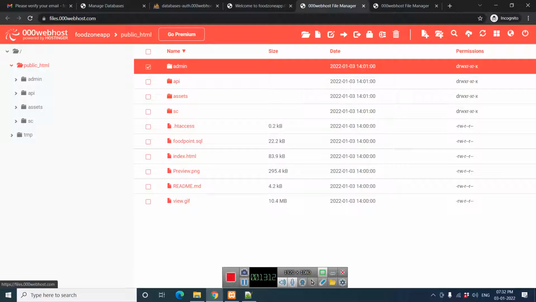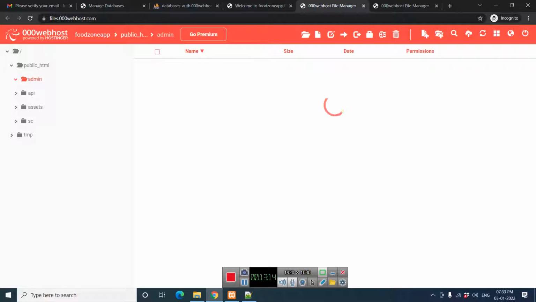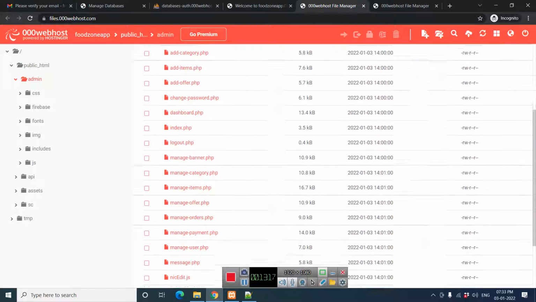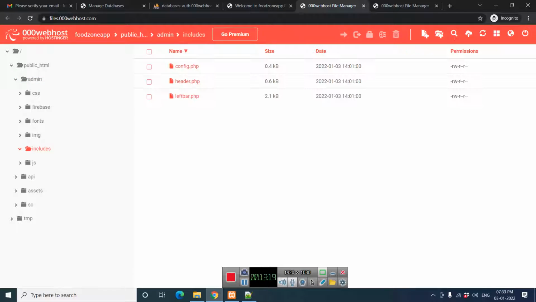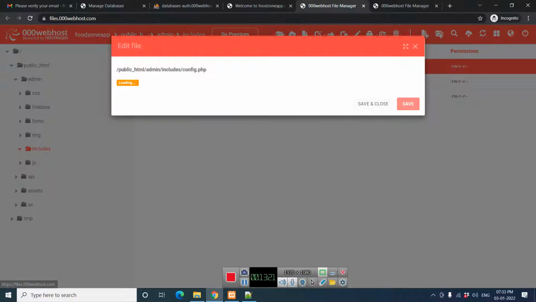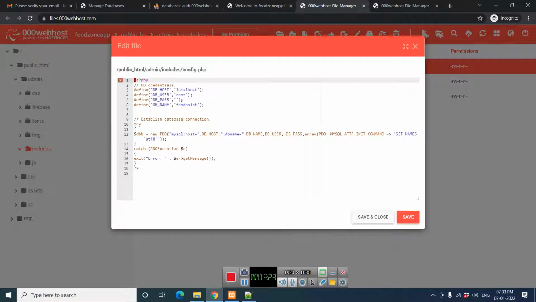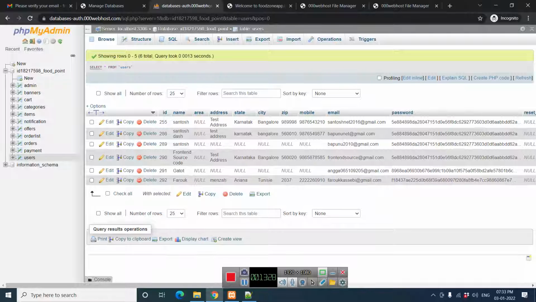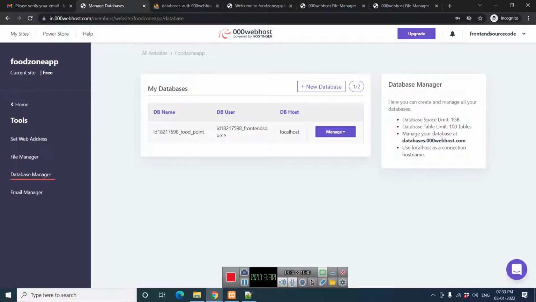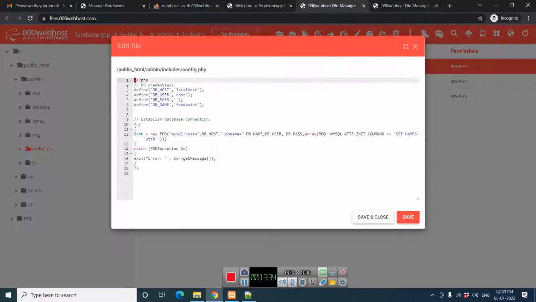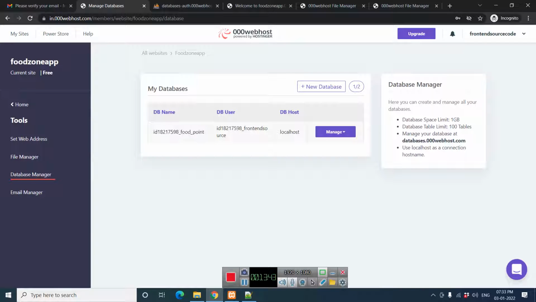Let's change our configuration file. We have to configure our database settings. You can see in the admin panel there is a config file. In this file we are going to change those things. If you go to the database manager, manage database, you can see the db name. Copy and paste it here. Then the db username.